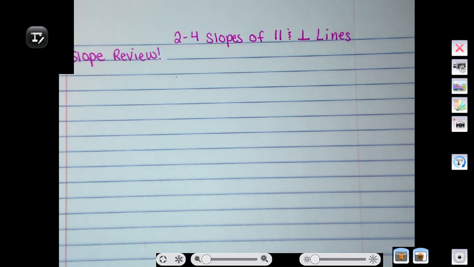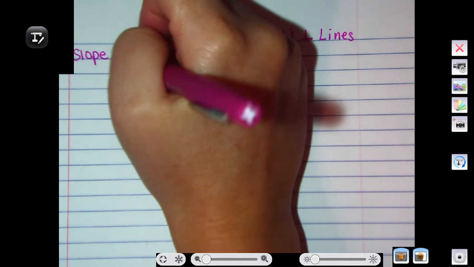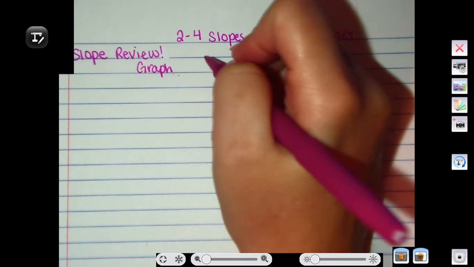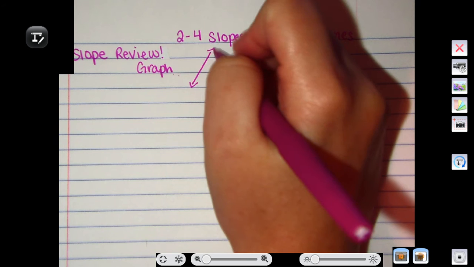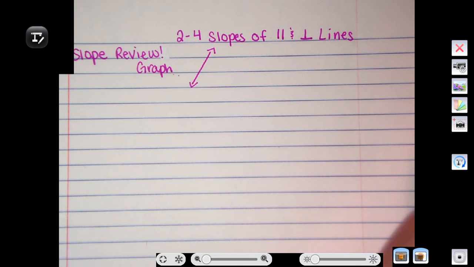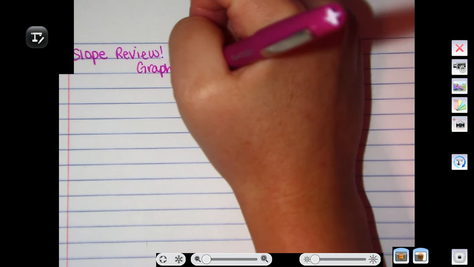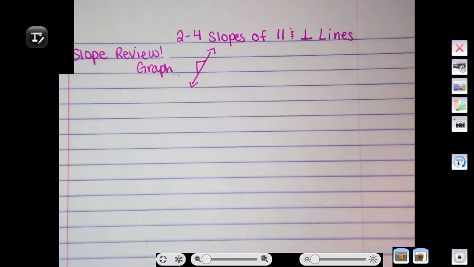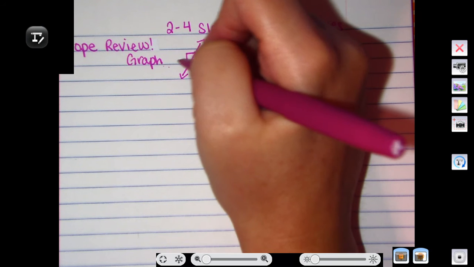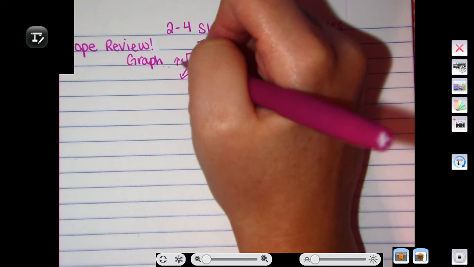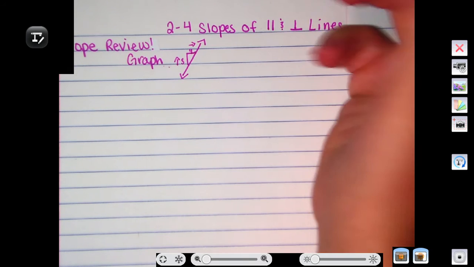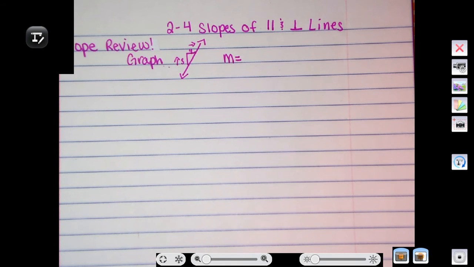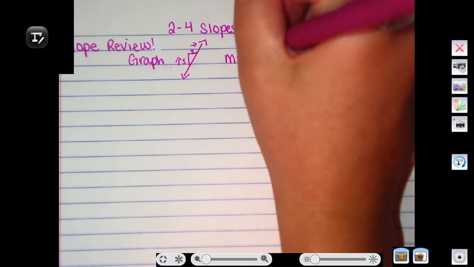So the first thing that we want to just remember is slope on a graph. So that's what you practiced with on Delta Math when you were doing your rise and your run. Just a reminder here, remember a slope has a rise over a run. Just in this example, a rough sketch, we're going to say we're going up 3 and to the right 4. And so you remember that slope is m. We use the variable m to represent slope, and it is rise over run,